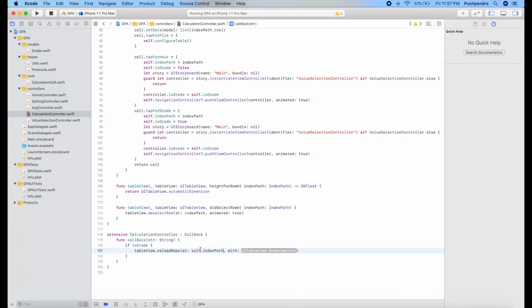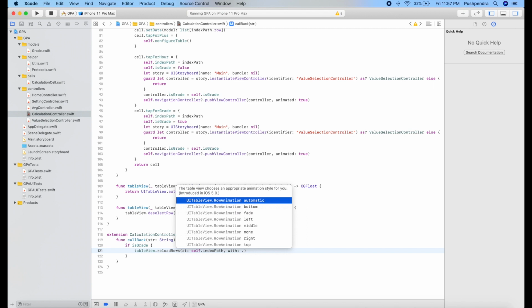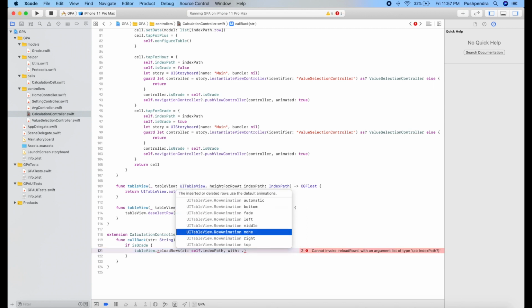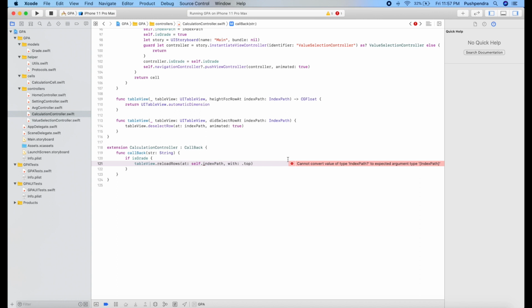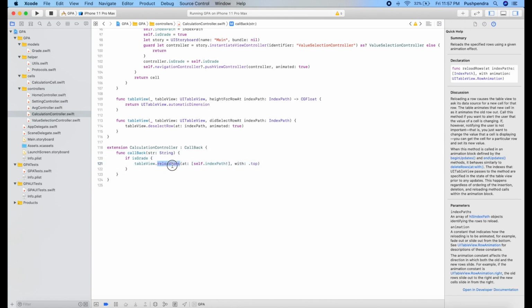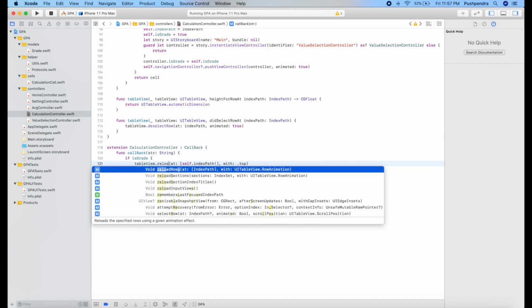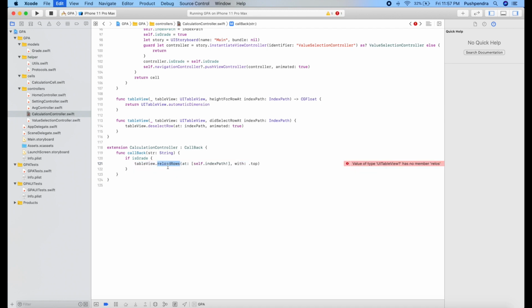Now self dot index path, and this is, we can say, from top to bottom, okay. And index this will be inside the array, so put inside the array. It will remain same, no changes here.